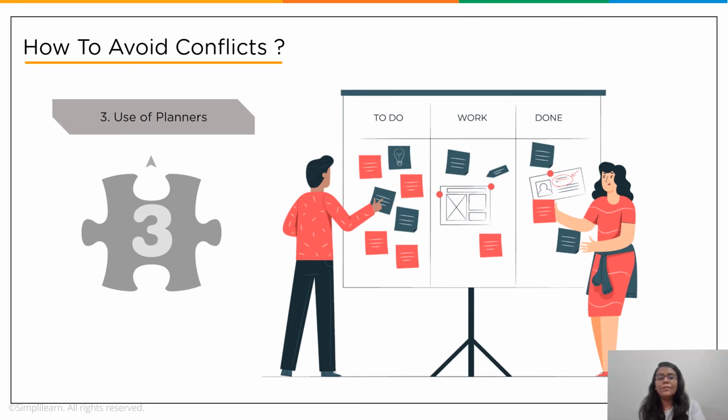Then we have use of planners. Not just providing commands to perform an action, but also making oneself aware and understand how it should be performed and what the different ways to perform it are, making oneself educated and confident to avoid the same in future. Now, this process makes one aware of their responsibilities and avoids dependency on others to the core.